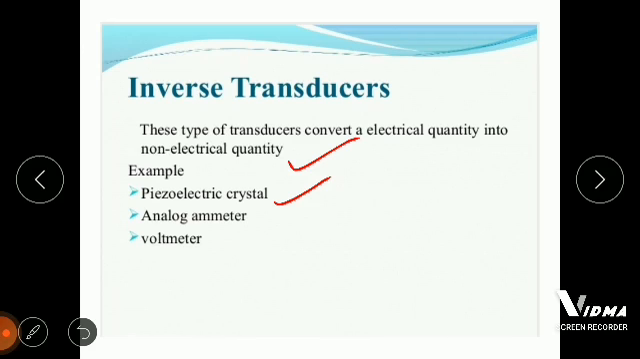It's like an analog ammeter. If we give a current supply to the ammeter, it will give the reading on the dial of its display. Similarly in a voltmeter,